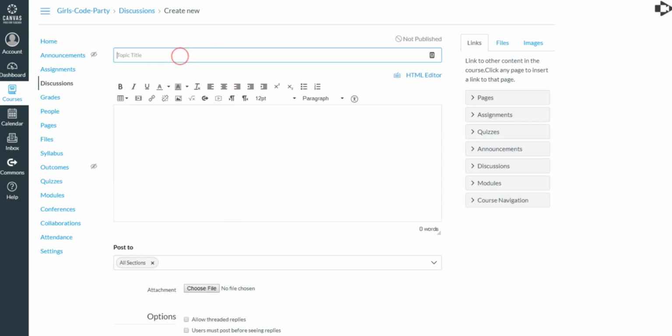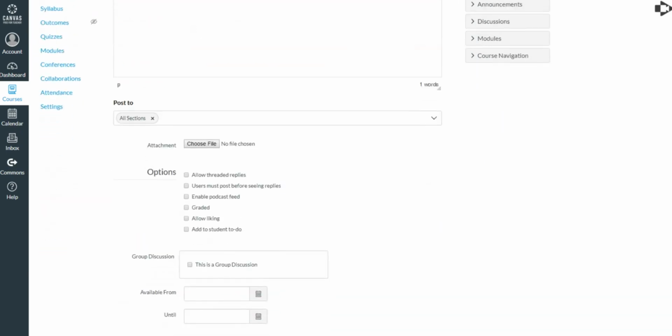You'll just type in the topic. You can add whatever question or sentence you want. You can even upload images and make this a really interesting post. And then you can tell it which section of the course you want to post this discussion to. If you wanted any attachments, such as downloadable PDF files or Word documents, you can include those in the discussion